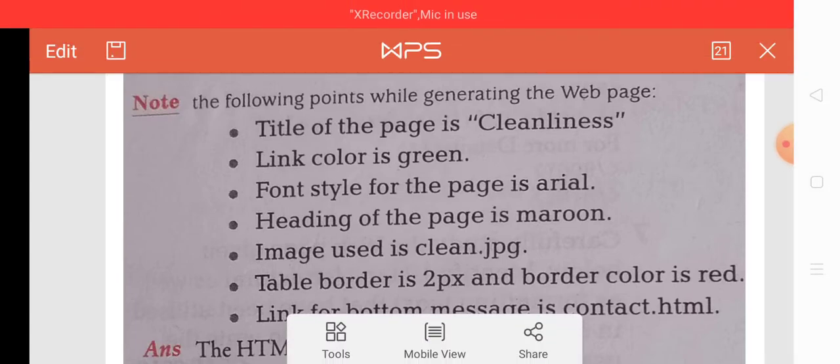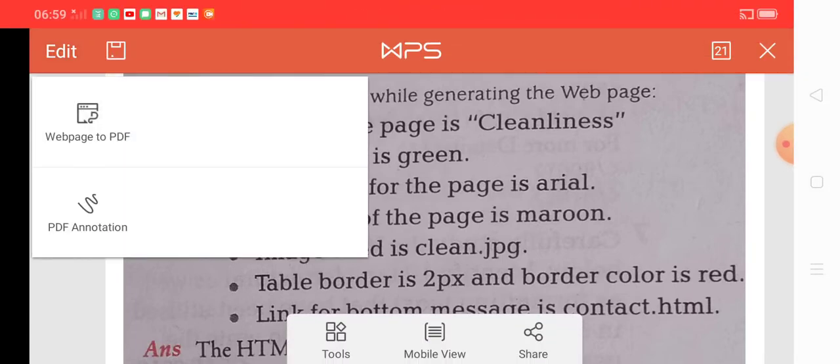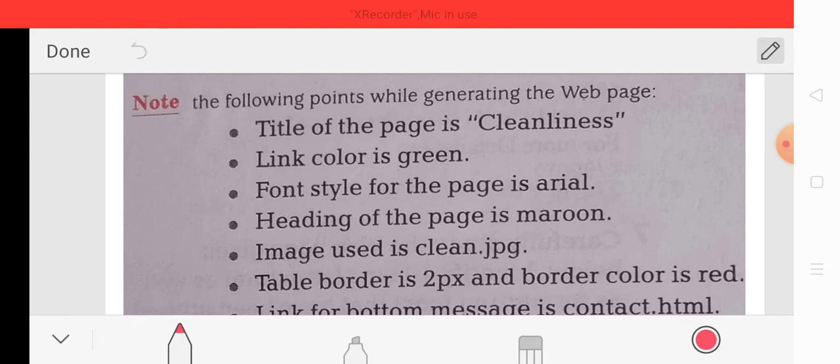So in this question it is easy, this question clearly indicates that the title of the web page is Cleanliness, and it is also given in the web page. Link color is green, it is not visible, so we have to make the link color green. Next, the font style for the page is Arial.